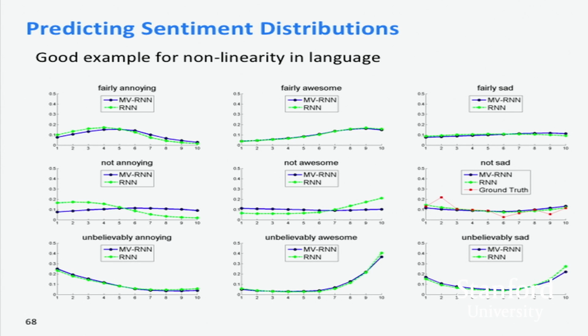So all else being equal, if you see the word "not" in something, sentiment is more likely to be negative. And then a word like "annoying" is a negative sentiment word. And so for the basic RNN model, if you put those together, they just have an additive effect. So that's the green line, where if it says "not annoying", it predicts that means bad movie,